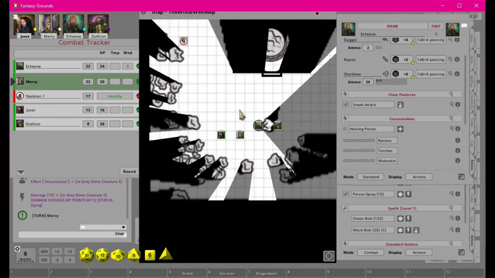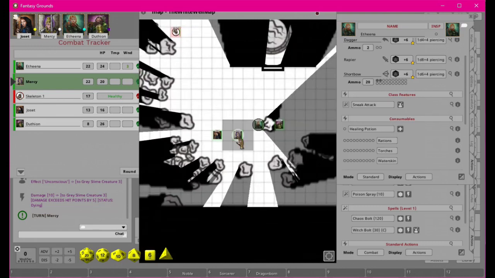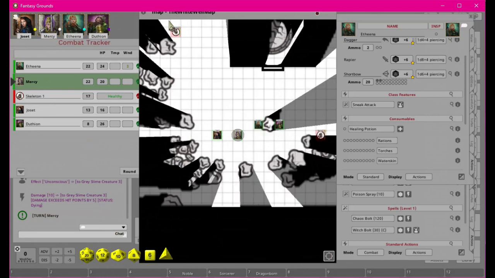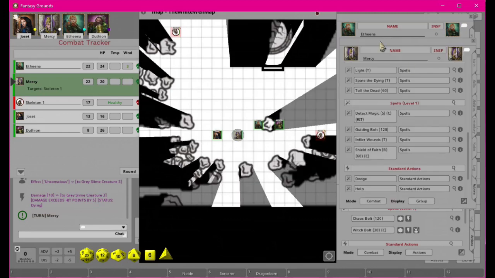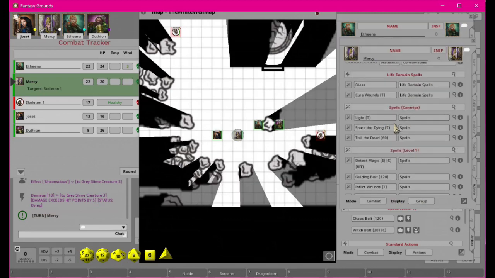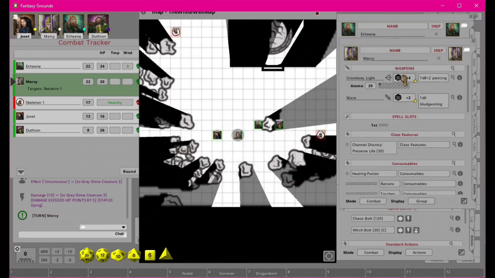So Mercy sees that skeleton up there. She's going to go ahead and try and take another shot. I think she has it targeted. Am I on Mercy? Yeah, no. Mercy. There we go. Targeting skeleton. Let's go ahead and double click her thing so we can get hers to pull up. And she's going to go ahead and shoot it